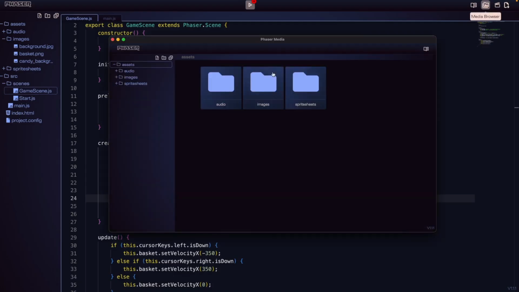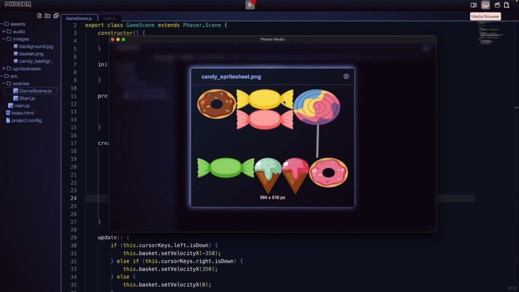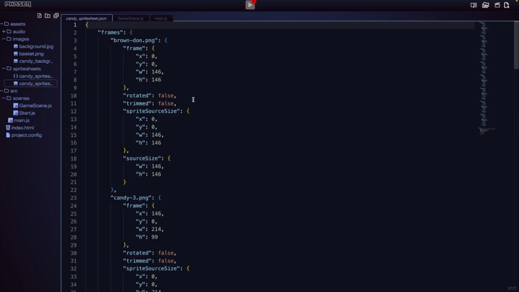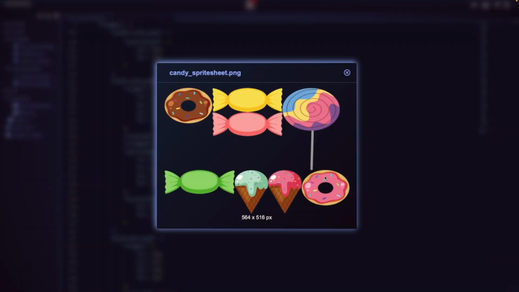sprites. Under our media browser, under our sprite sheets folder, we have this candy sprite sheet here, and this is a sprite sheet that's made up of multiple smaller images or frames that we'll want to render out for each of our candies. Now our JSON file has metadata that's going to tell Phaser how we can load in this image and break it up into smaller images or frames we want to use in our game. So to use this sprite sheet properly, we'll need to tell Phaser to load in this asset and use that